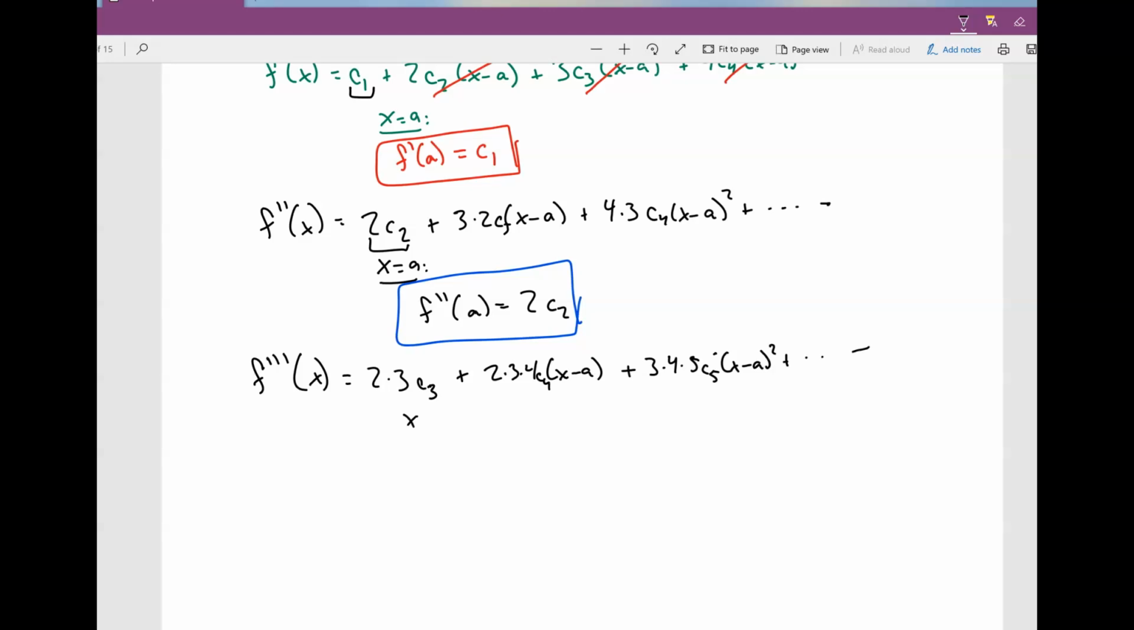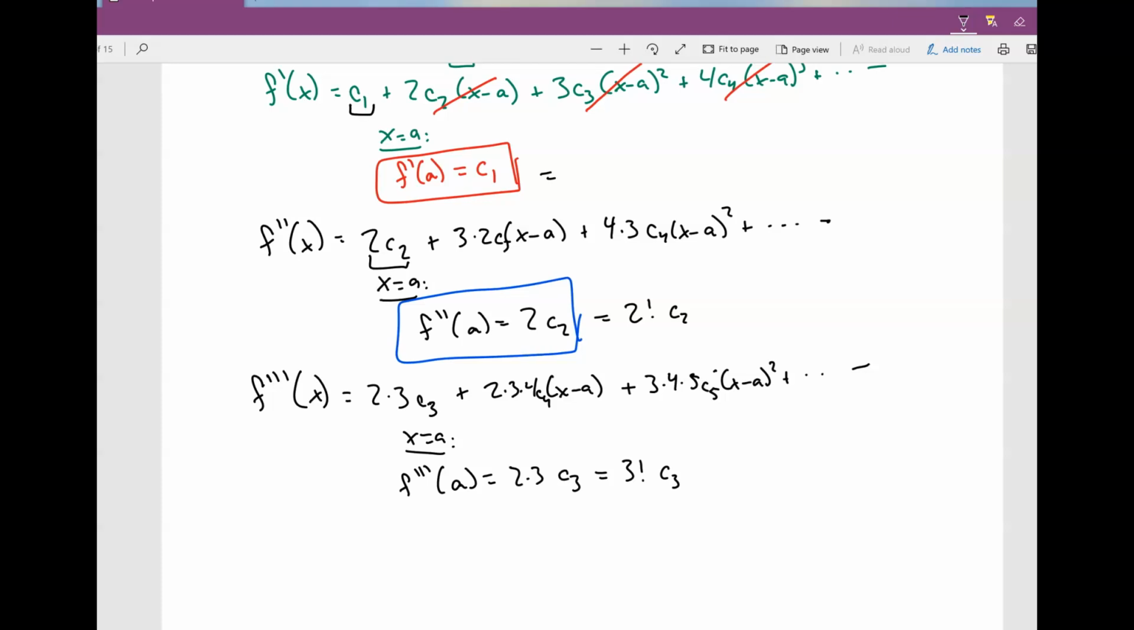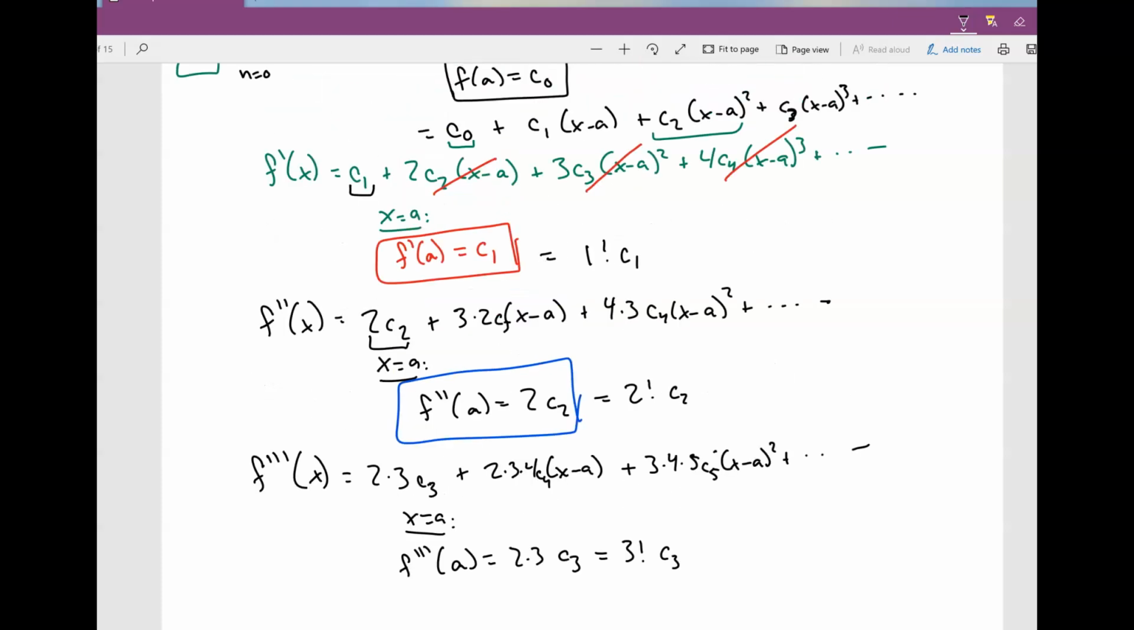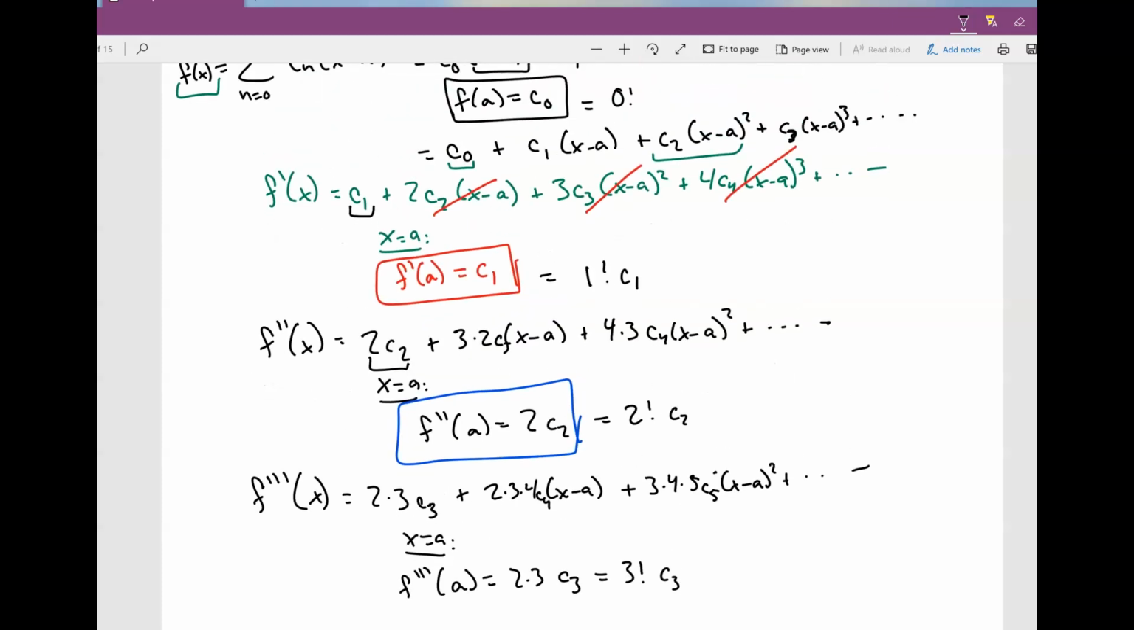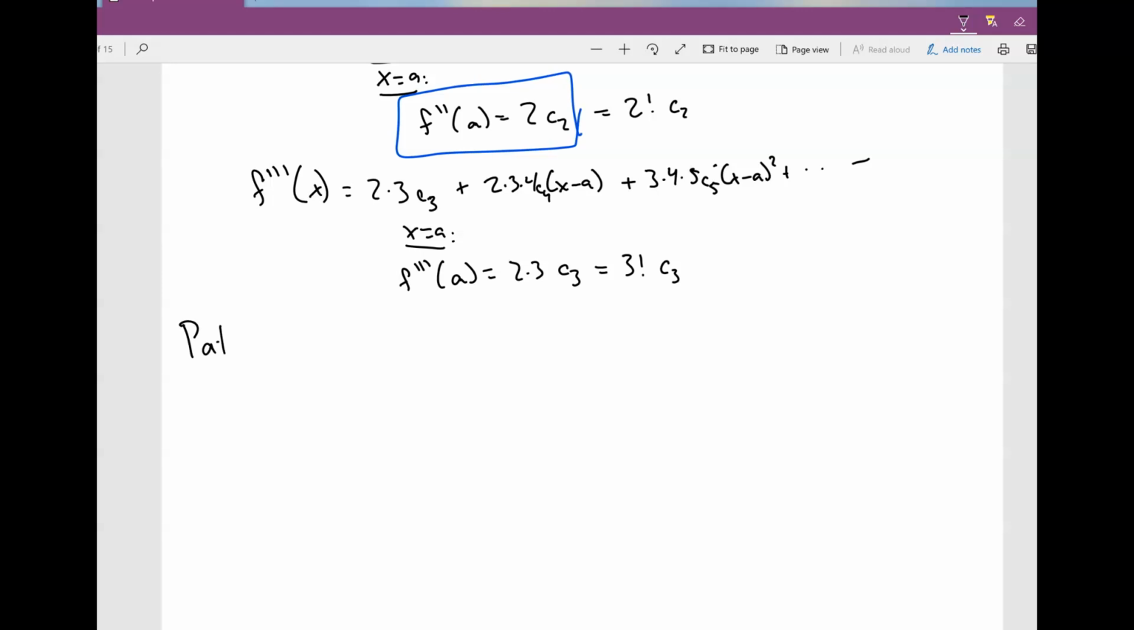And again, if I plug in x equals a, what I'm going to have is that the third derivative, when I plug in a, I'm going to get 2 times 3, C3. Well, actually, this is just the same thing as saying 3 factorial C3. This is the same thing as saying 2 factorial C2. This is 1 factorial C1. This is 0 factorial C0. Okay, so basically, if we look at the pattern,